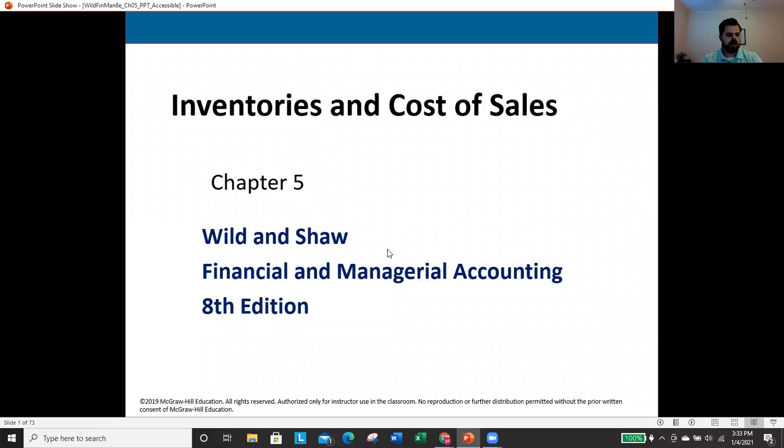Okay, so today we're going to be looking at Chapter 5. Chapter 5 deals primarily with inventory and cost of goods sold. In this chapter, we will look at two different methods. We will look at the Perpetual Method, which will be our primary focus, and then the Periodic Method is covered